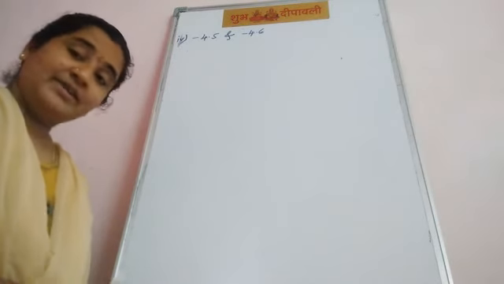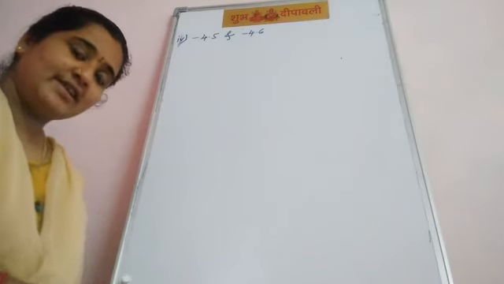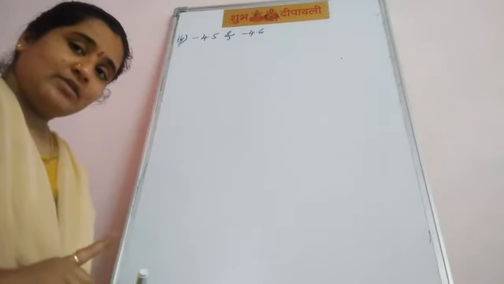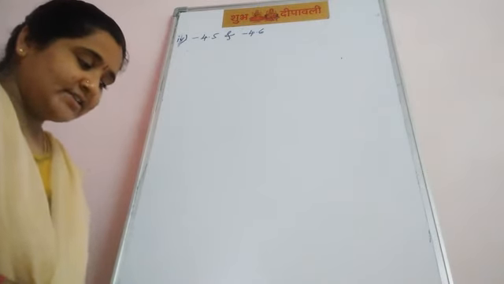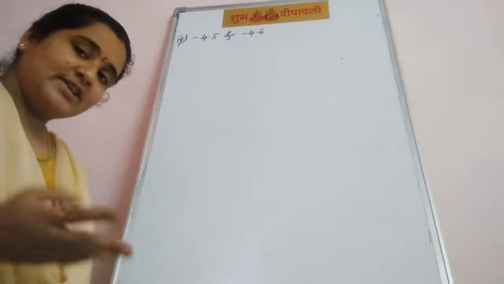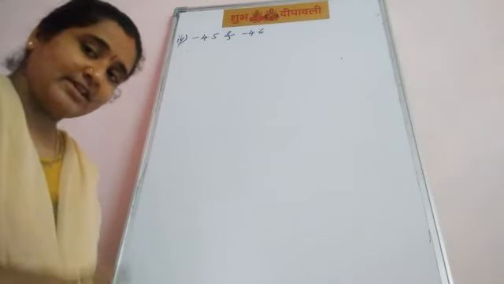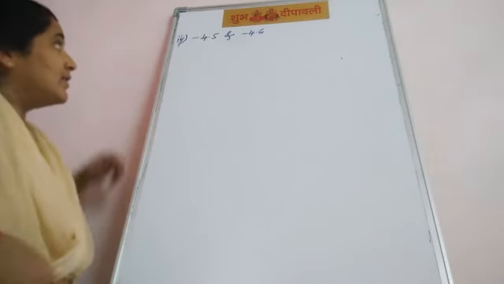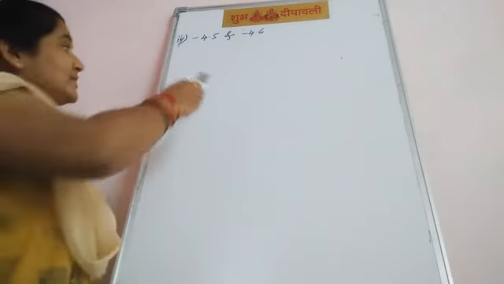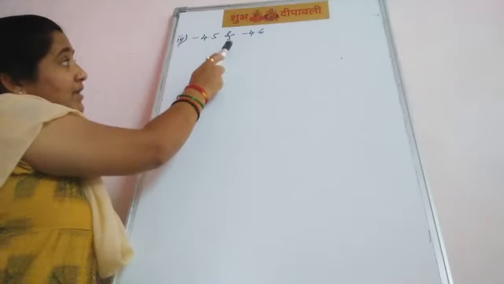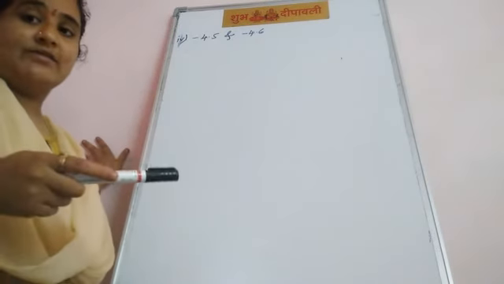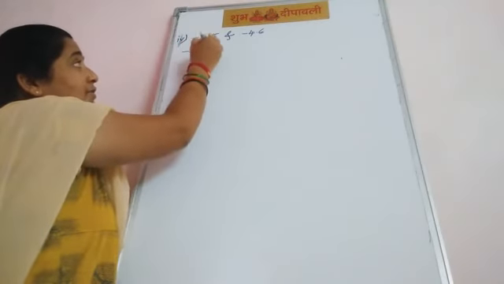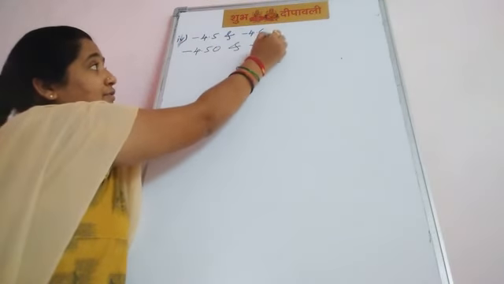Students, in the fourth bit you have four questions. The first one, second one and fourth one I explained, and the third one take it as homework. So in this exercise, the third bit you can do, that is, represent the numbers root 5 and root 10 on a number line. And in the fourth bit, third question: write any three rational numbers between minus 4.5 and minus 4.6. To write that, I will add 0. Okay? Minus 4.50 and minus 4.6.